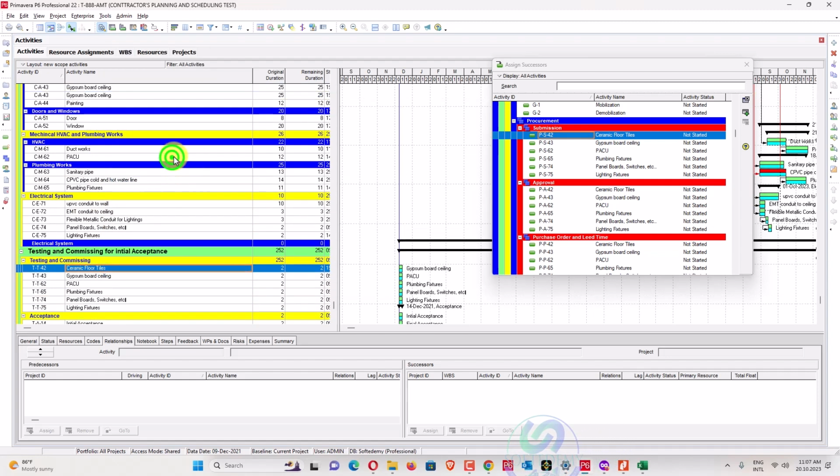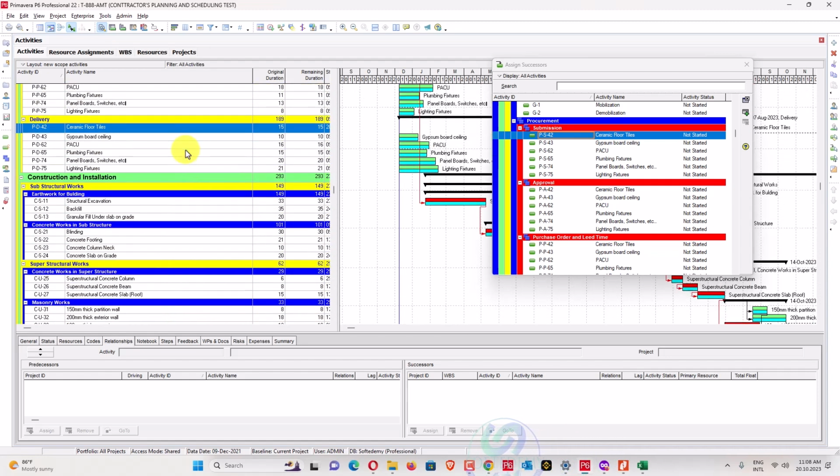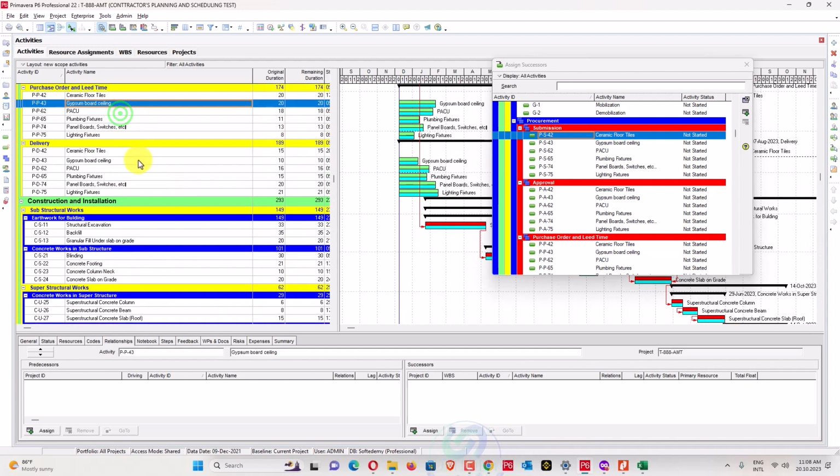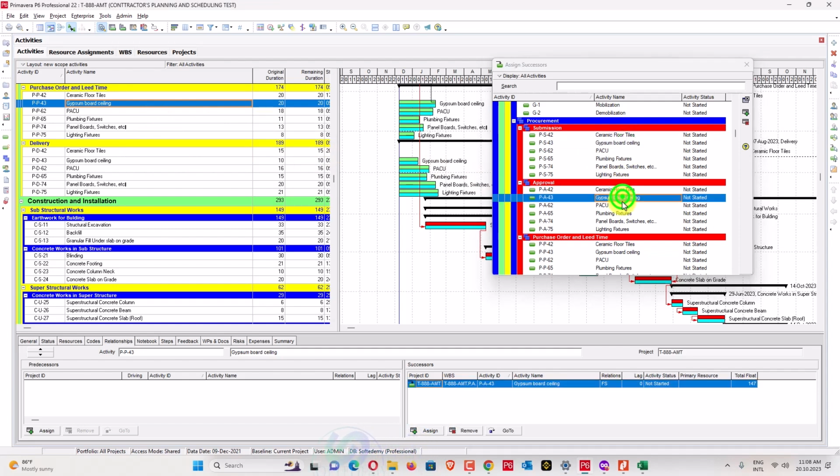So we'll link all of these. Okay, so similarly I will do it for all my items. Gypsum work also you can do here, like, okay, this one is wrongly linked.